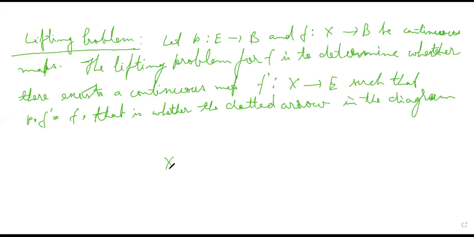What is the diagram? You have X, B, then you have E here. So this is p, f. This is the dotted arrow. It says that